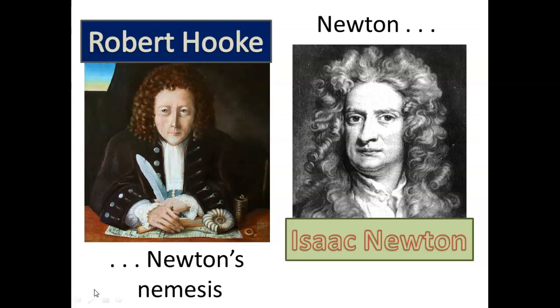and he is a fantastically good experimentalist. Now, before we talk about his experimental work, when you look at their photographs, you're seeing people at a very different point in fashion sense. Both of the men are wearing wigs. That's not their natural hair. And Newton on the right was considered to be very handsome, very prominent nose, strong jawline. Look at that wig. Hooke, on the other hand, has kind of a thin beaky nose. His eyes tended to bulge out,